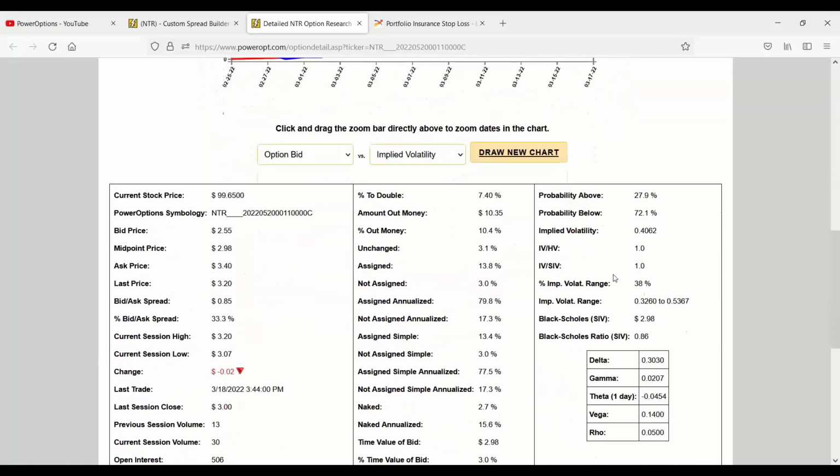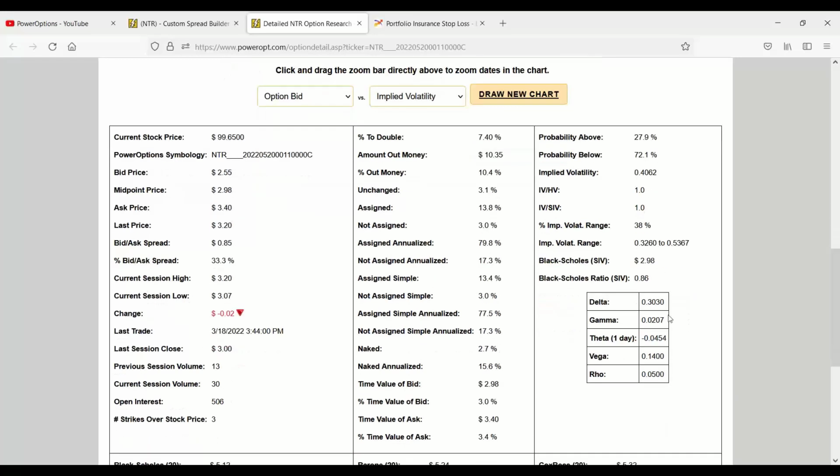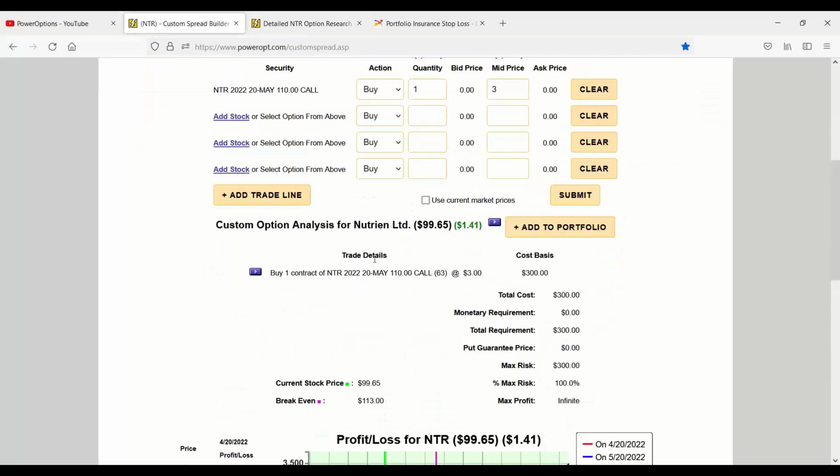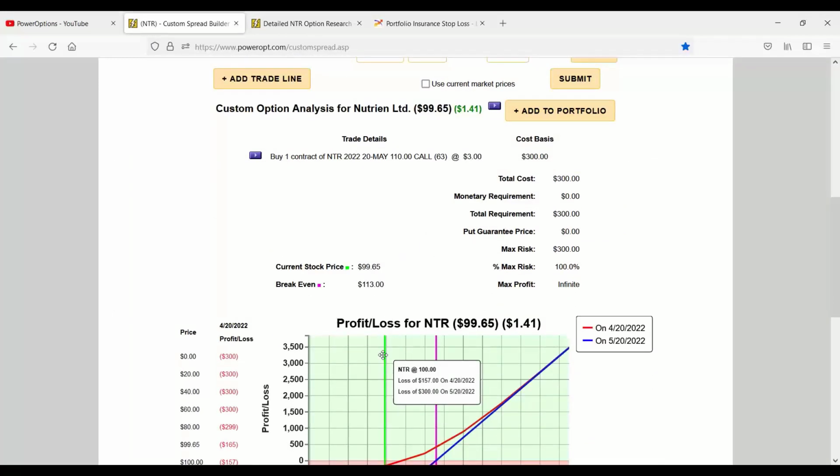But down below, what I wanted to take a quick look at here, well, we can see the current implied volatility and the current percent implied volatility range. But this gives me a perfect gauge of where it was earlier today. The delta's right around 0.3 on this position. So, to Eileen's question, does the stock need to go up to 110 or to 113 before